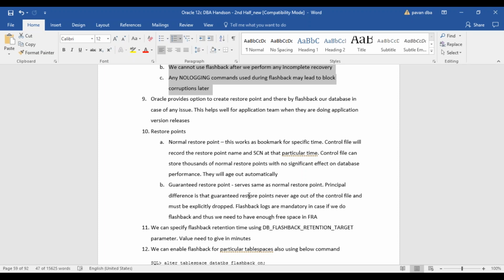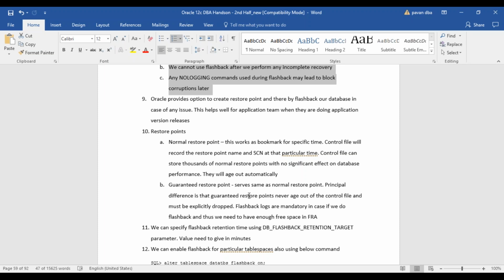So in what kind of scenarios do we use these restore points in real time? Let's say every application will have some releases, in the sense of version upgrades. For example, if you take Android or iOS operating systems, they will have version upgrades. Recently we had the iOS upgrade from 10 to 11. Let's say such critical upgrades are being planned by the application team, so what we do